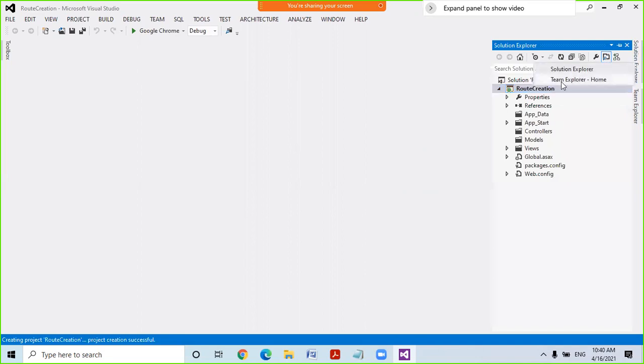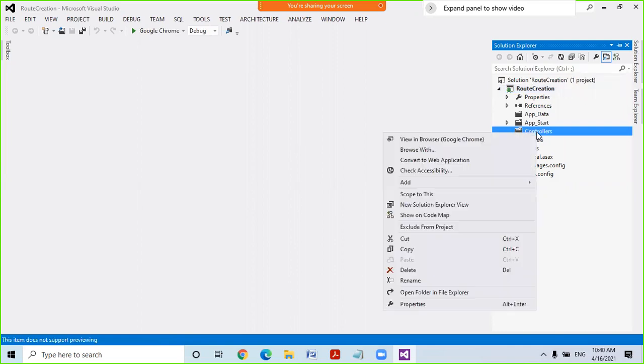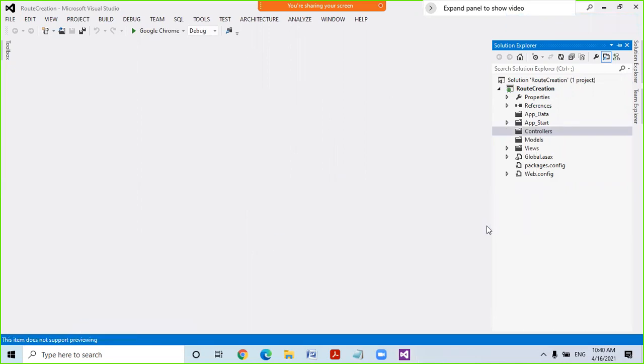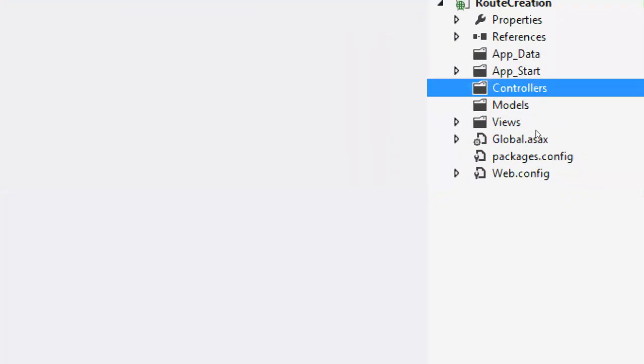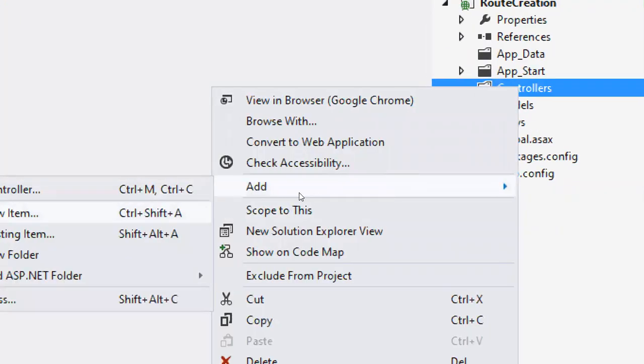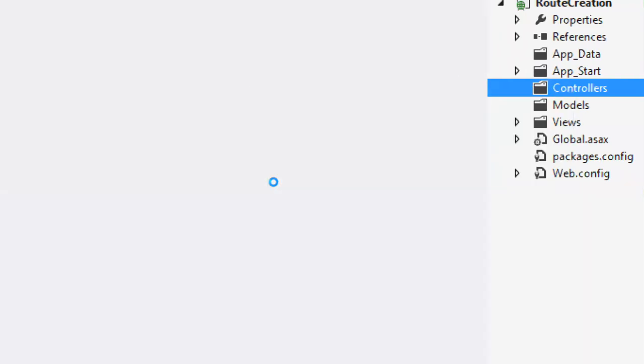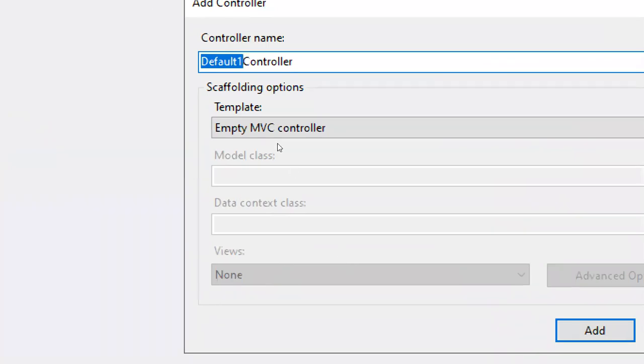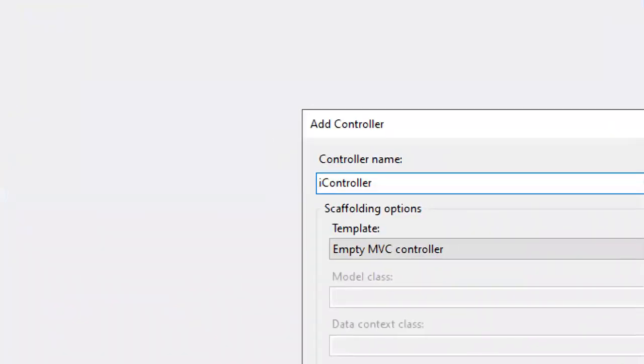Now right click on controllers, then add controller. The name of the controller is given in the question: information.